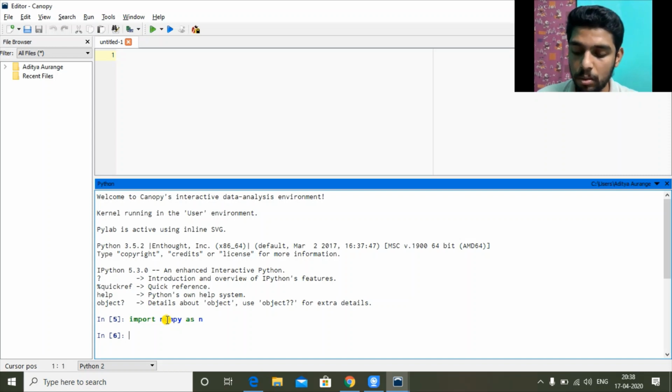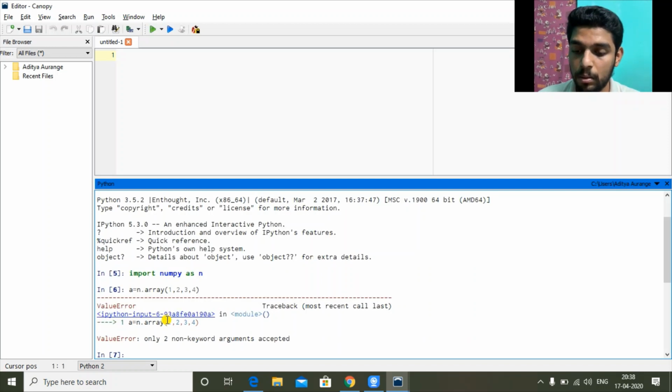So how can we create arrays? NumPy arrays. Let's say a equal to n dot array, the NumPy array, and in the brackets we give the values 1, 2, 3, 4. Let's see whether it will run or not. It gives an error because the syntax is wrong.